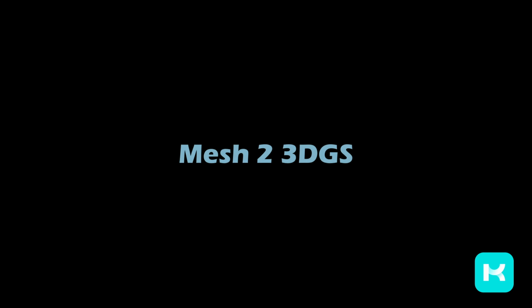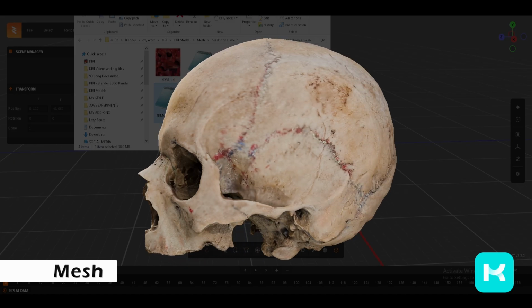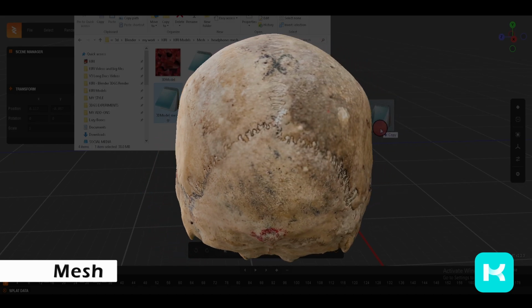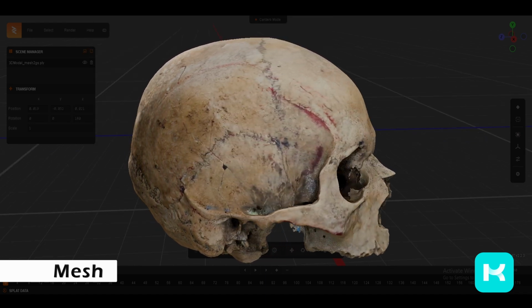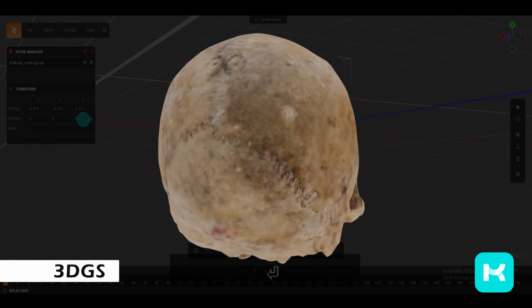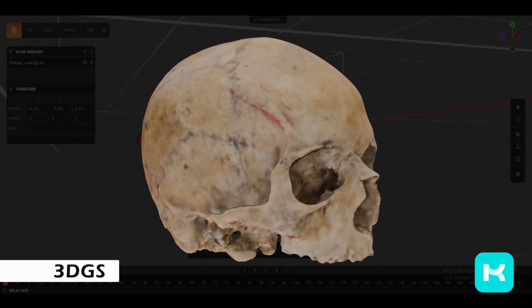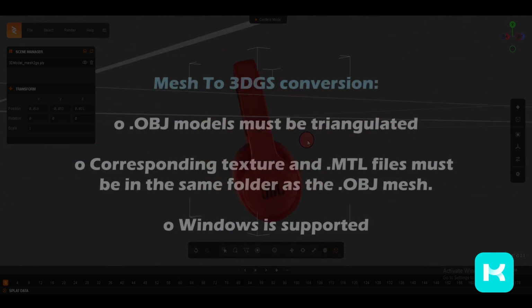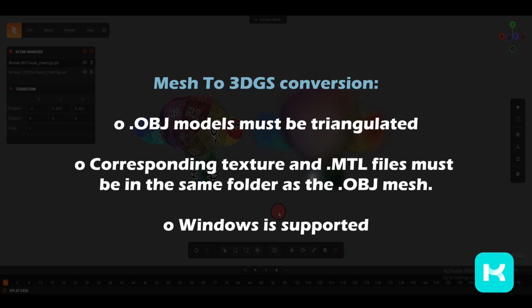Mesh to 3D.js. Since version 3 of the add-on, OBJ mesh files with corresponding MTL and texture files can be converted into 3D.js PLY files. At the time of this tutorial, only Windows is supported, and a specific file and folder structure must be followed